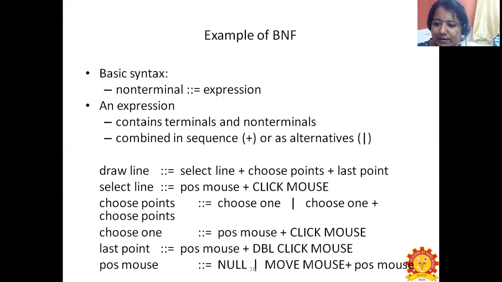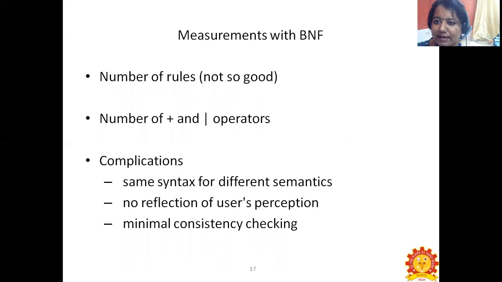Otherwise we can combine using choose points ::= choose one | choose one + choose points. So either of these two forms we can use for combinations of the expression which contains the terminals and non-terminals.